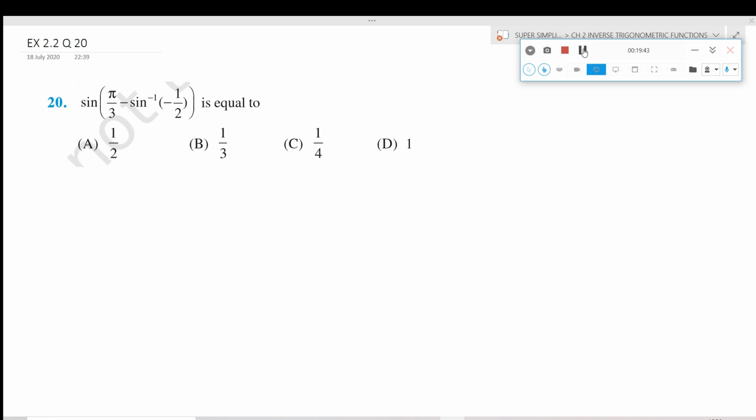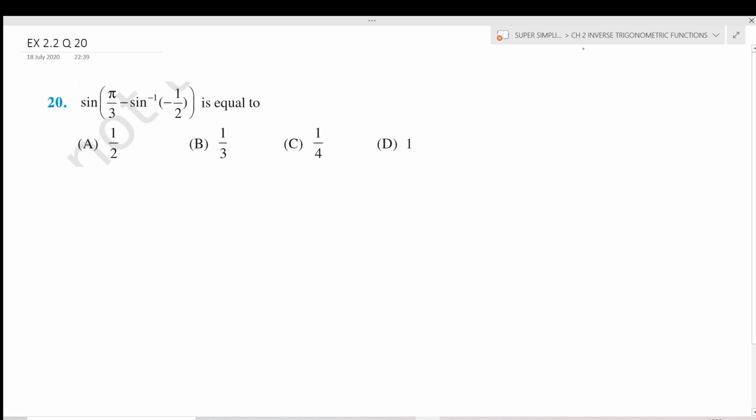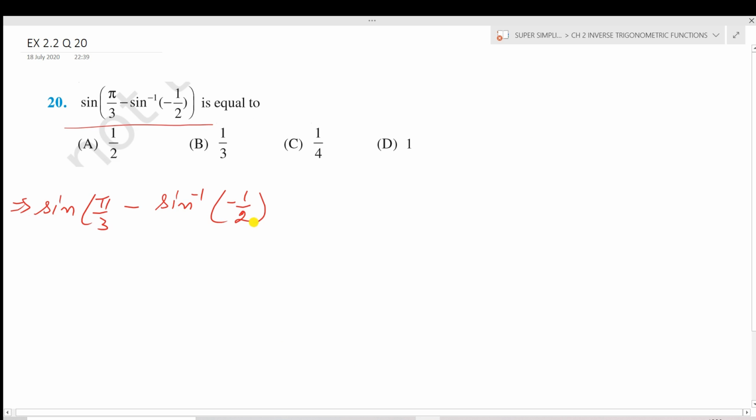Now question number 20. Find the value of this given expression. This is sine of pi by 3 minus sine inverse of minus 1 by 2. Now first of all I have to substitute the value of this innermost function. So sine of pi by 3 minus. What is sine inverse of minus 1 by 2? Sine inverse of minus 1 by 2 is minus 30 degree. That is, it is minus pi by 6,